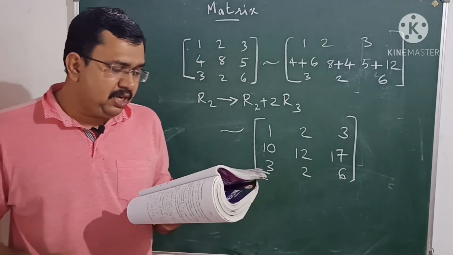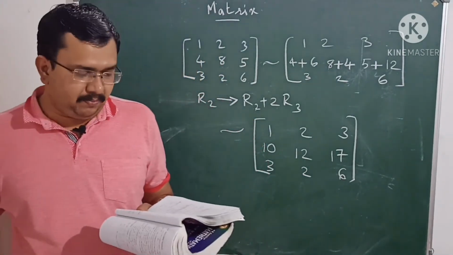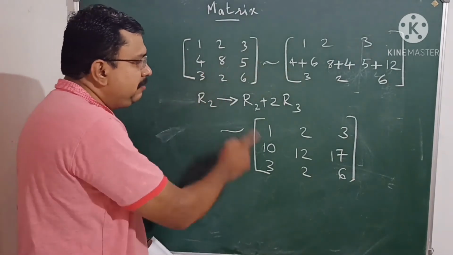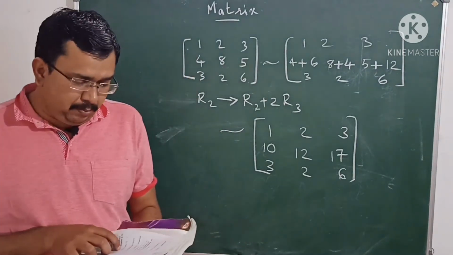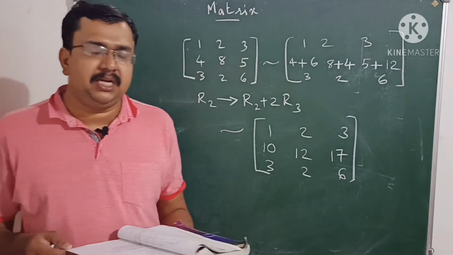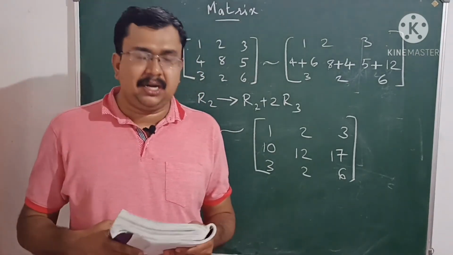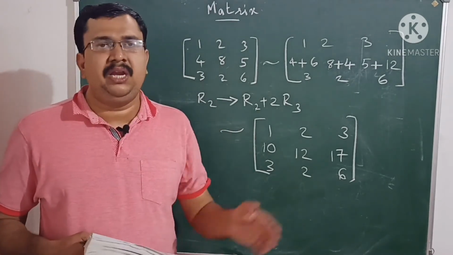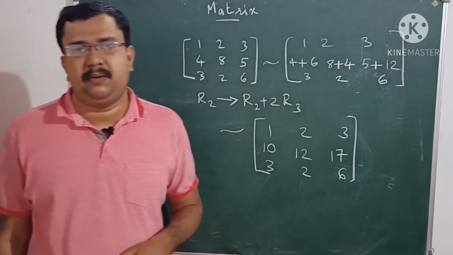Addition of the result to the corresponding elements of another row or column. Okay, another row or column. This is the best example for it. Therefore, we are studying 3 important elementary operations or transformations of a matrix. Now, using these 3 elementary transformations, we can find out the inverse of a matrix or invertible matrix. Now we can move to our second section. Okay.